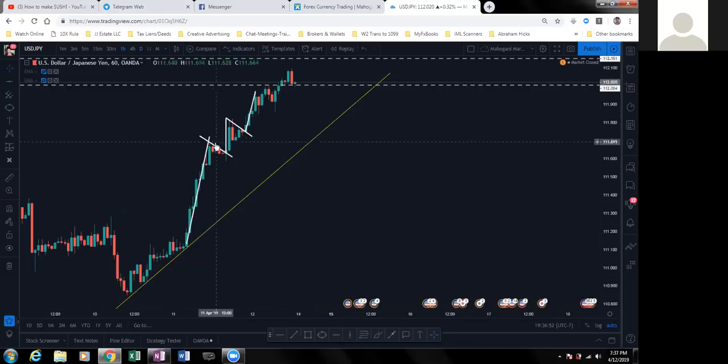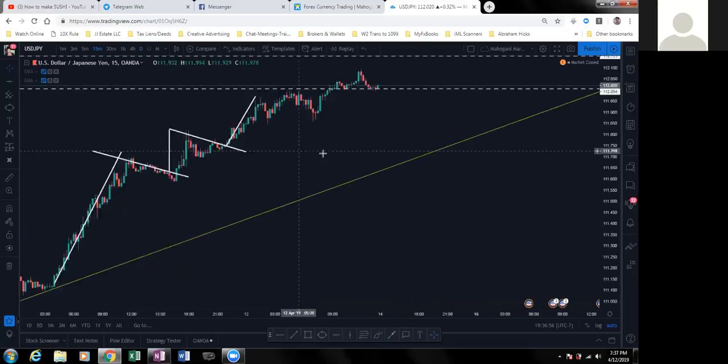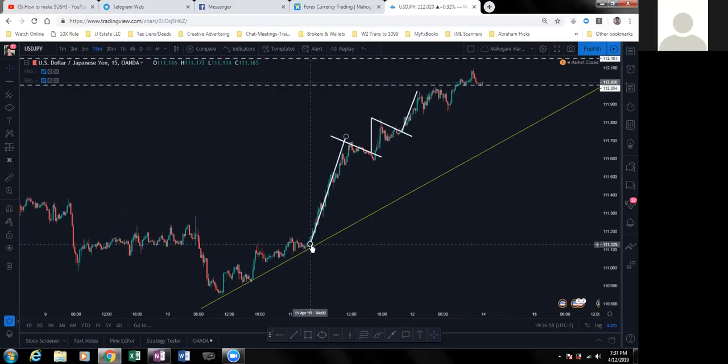Like I said, on my 1 hour, I can show you some flags. When I go to my 15 minutes, you see these flags even better. Look at this impulse, correction, impulse, correction, impulse. Then it starts to go up and down. It's kind of going haywire. When the market starts to go haywire,